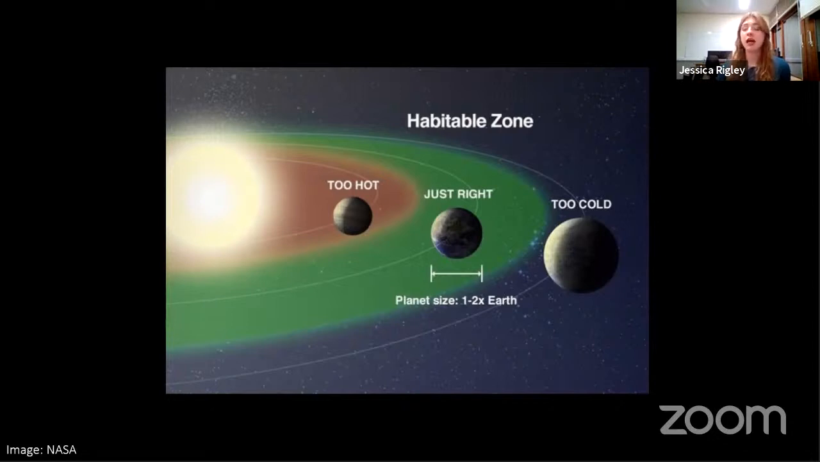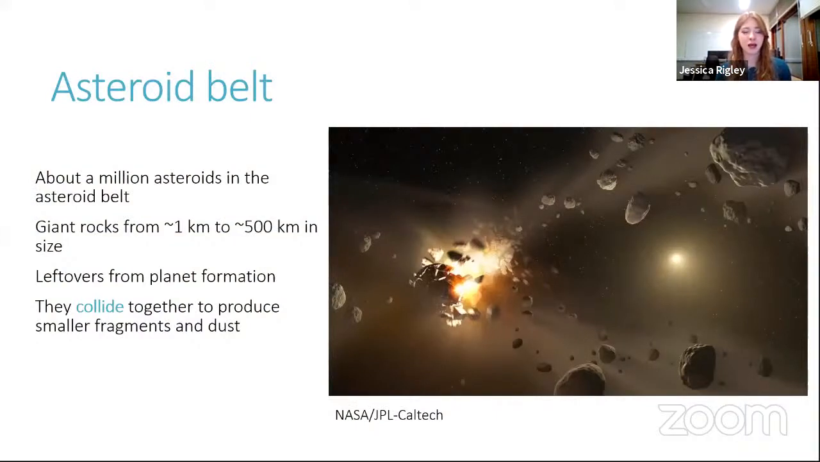Because we think that for life as we know it, we need liquid water. So even if we do find a planet in the habitable zone, it doesn't mean we found life. It just means that it's more interesting to look at that planet to see if there is life there. So if we come back to the asteroid belt, this is the belt that sits in between Mars